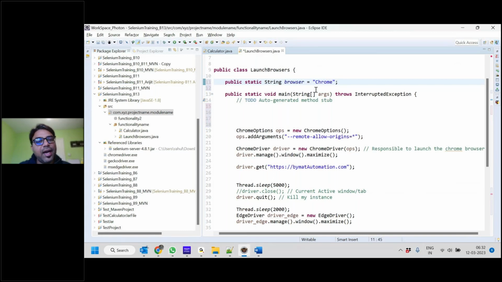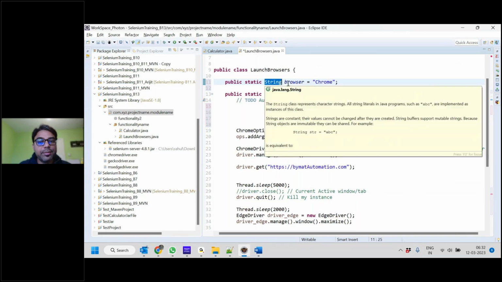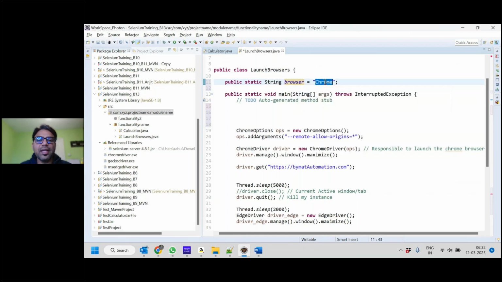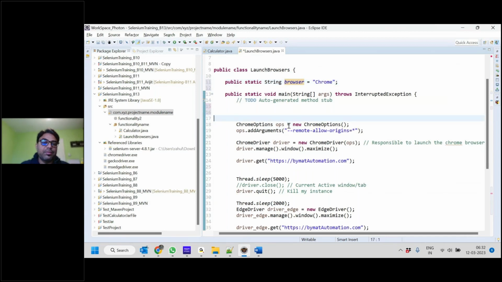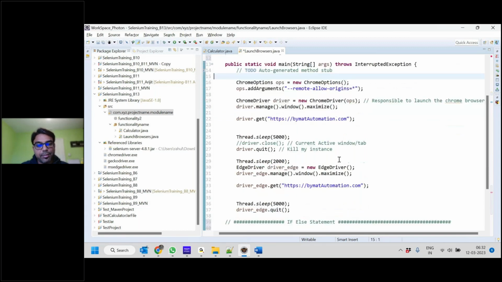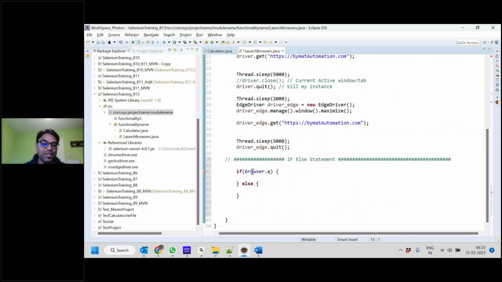So what I did, I just defined one string variable called browser, and I mentioned that I want to perform the operation on Chrome. All right, no problem. So what I'm doing in my program now, I'm writing some statement. Now, if browser is